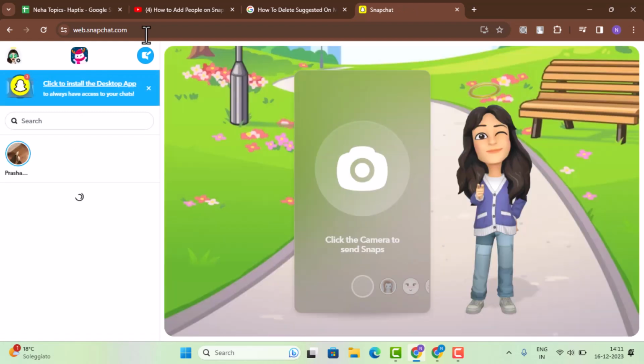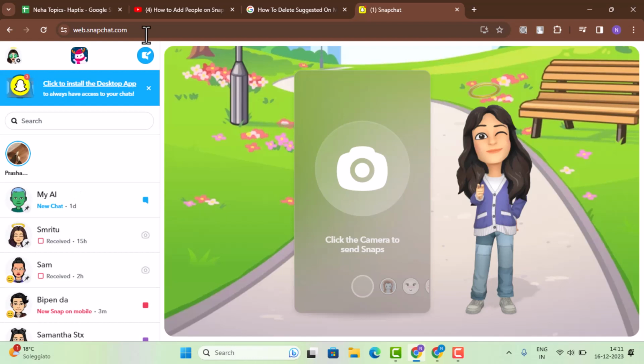So basically, to add people on Snapchat web, you'll have to install a desktop app. So click the desktop app button located right over here if the web version is not working for you, or else you can also use the BlueStacks emulator for Android devices, and from there you can explore all sorts of features. Now to begin with, when you install the application, all you have to do is just tap the